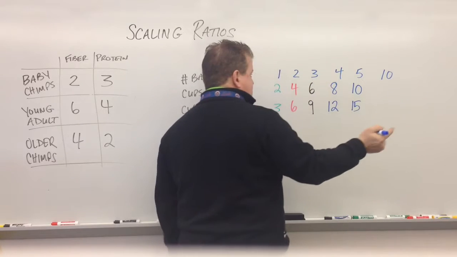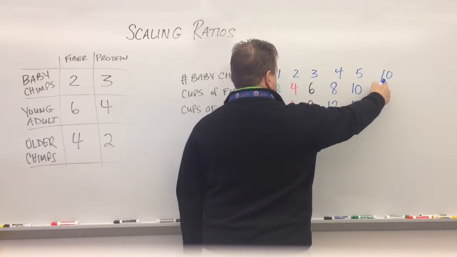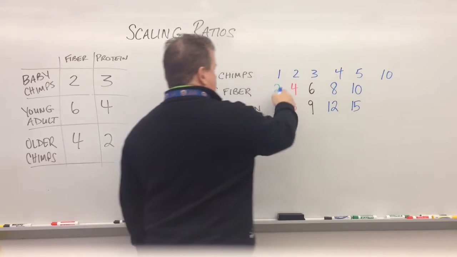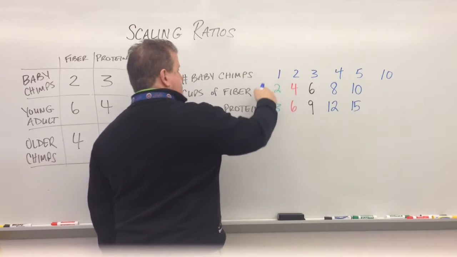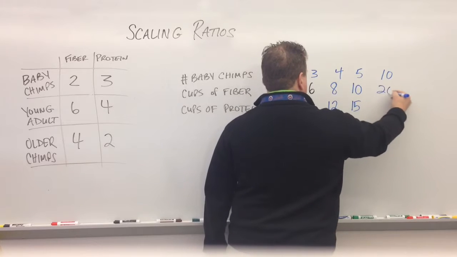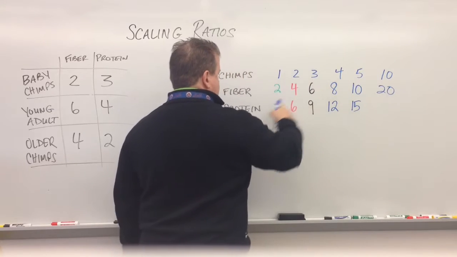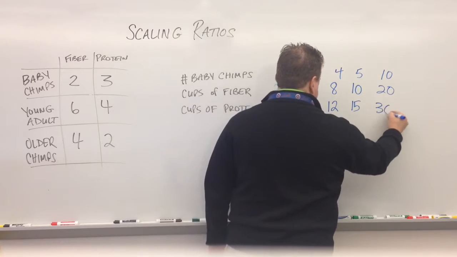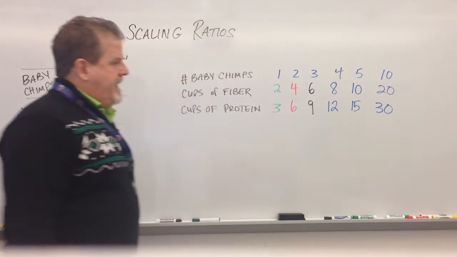So really, what Morelli said is exactly right. You could say 10 baby chimps would need the amount of food for 1 baby chimp times 10. So that would be 20. And for the high protein, it would be 10 times 3 or 30. Okay? Now,